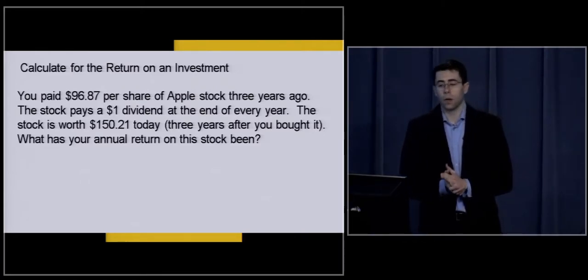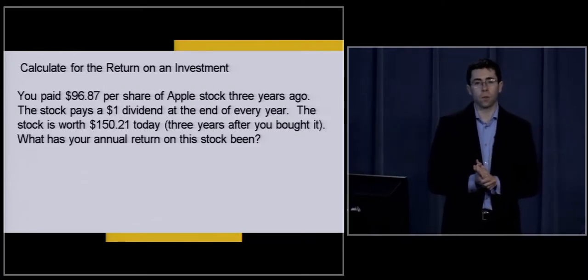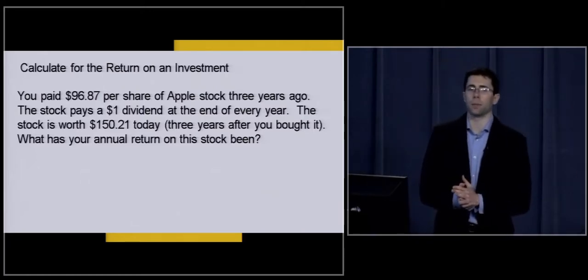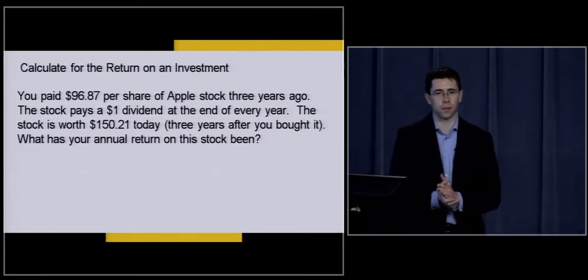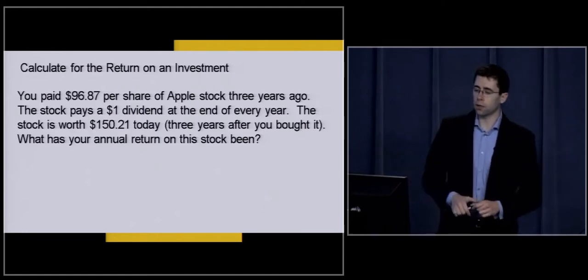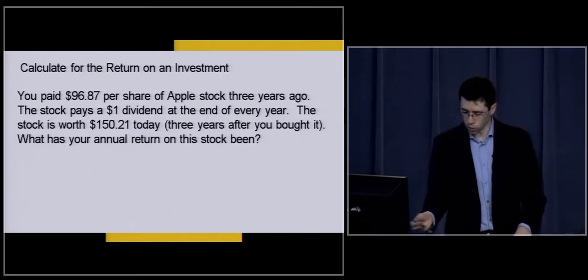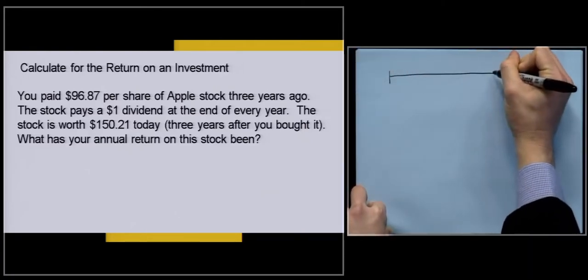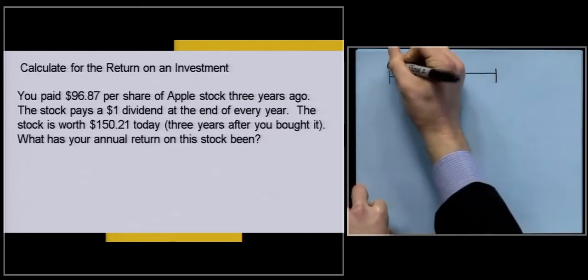All right, so there are a couple of different ways that we could work this problem. We could try and calculate it by hand, but by far the easiest way to go about solving this problem is just by using the buttons on the BA2 calculator, those time value of money buttons that are so crucial. So what I'm going to start out doing is showing you this example using the timeline of cash flows. So I'm going to grab my Sharpie and paper and draw it out. All right, so